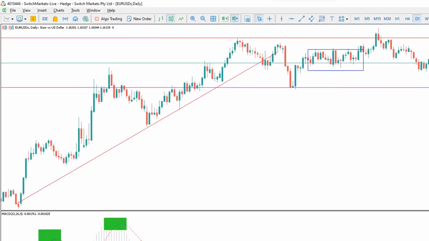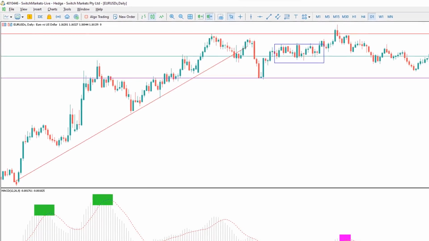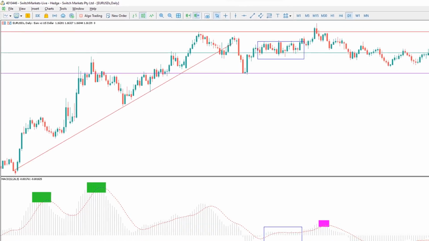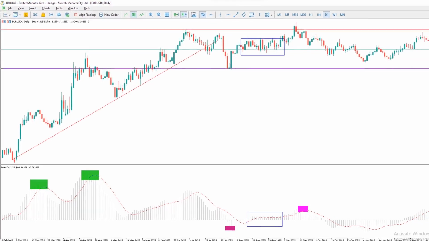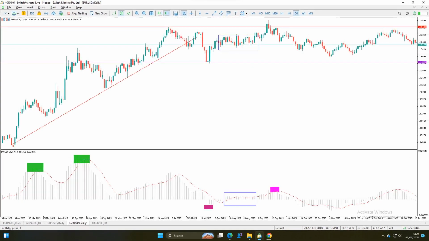The hidden power of MACD. How to avoid false signals and detect real trends. Have you ever entered a trade only to watch the market reverse immediately? Or maybe you've been trapped by indicators that seem to generate endless buy and sell signals, only for price to